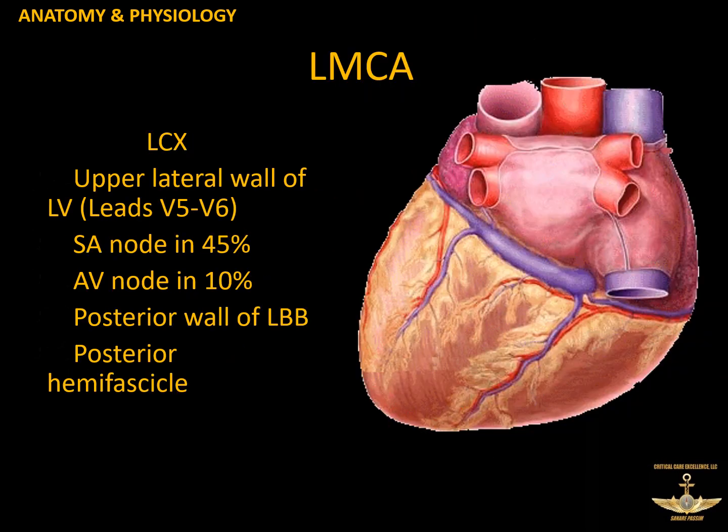The other bifurcation of the left main coronary artery is our left circumflex, or what's often referred to as the LCX. And you can see it here, a little green stripe around the side. And this, of course, is the posterior side of the heart that you're looking at. So just for some reference, over here is the